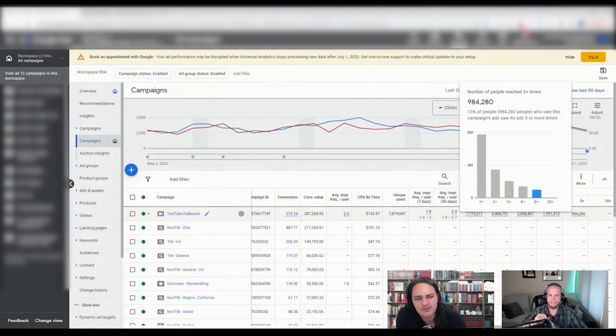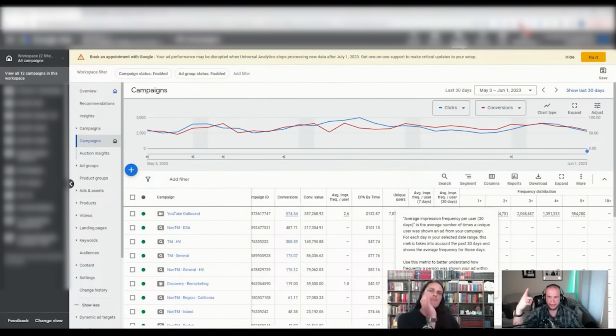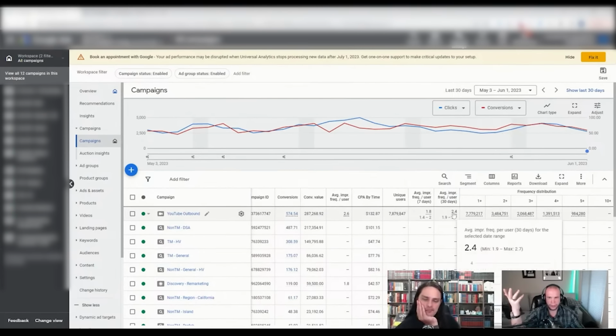Isn't that technically YouTube discovery? Yes. Okay. Yeah, it's part of the YouTube network, though, unfortunately. What YouTube did is they changed your video ad to a responsive video ad and now stuck it in the YouTube search listings by default. So know that if you're looking at impressions, you're not looking at impressions as of people who watched an ad and didn't skip. You're seeing image ads too. So what do we take from this? We know that in a 30-day period, they see it on average 2.6 times. Good. That's fine.